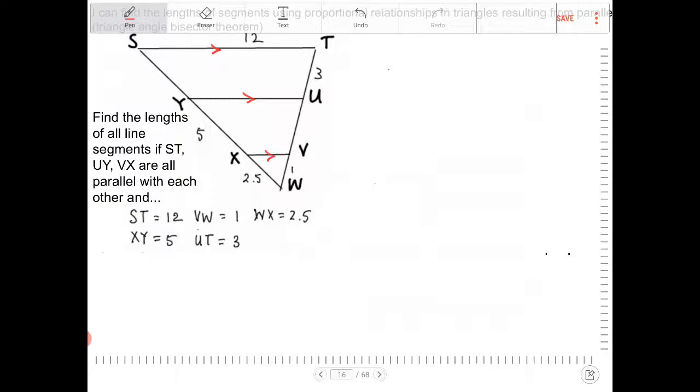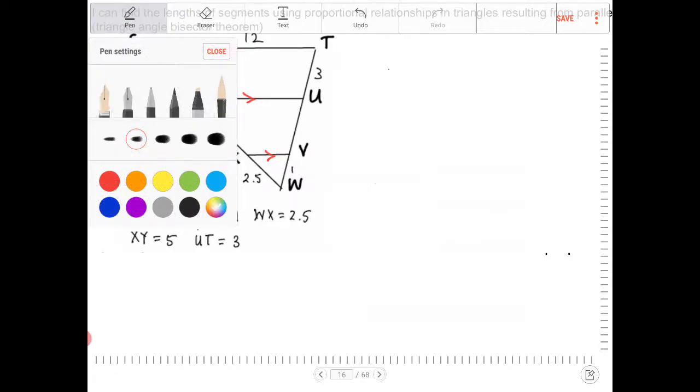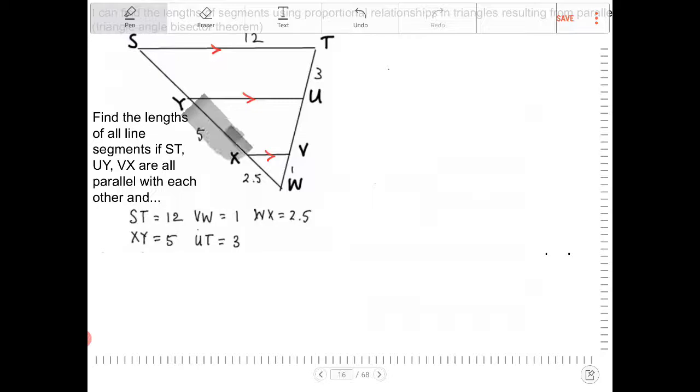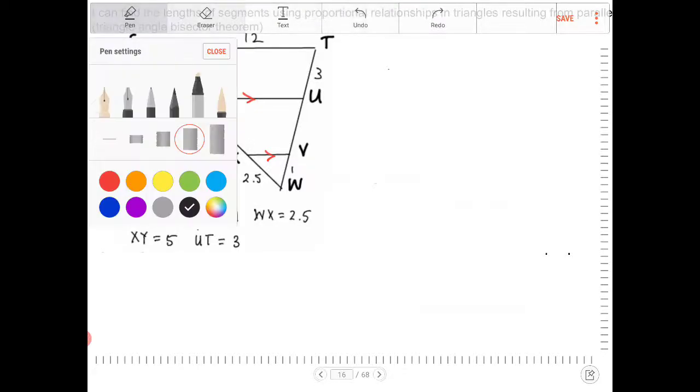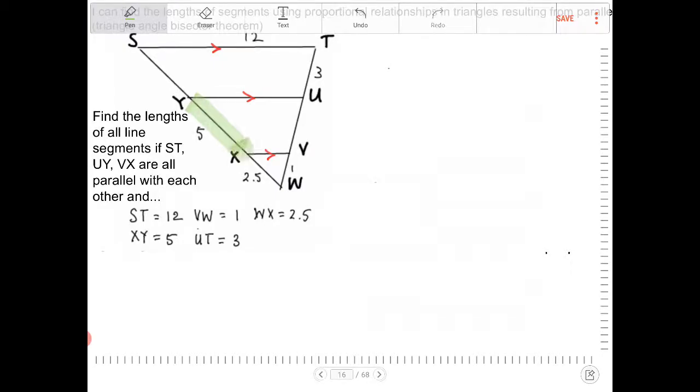If I know all these sides are parallel, and I also recognize that this length here is twice as long as that length there,